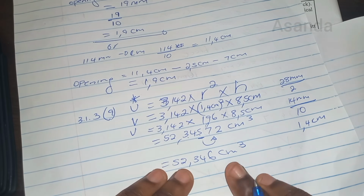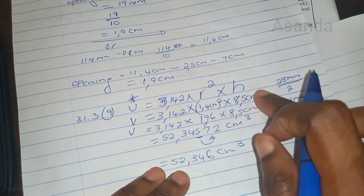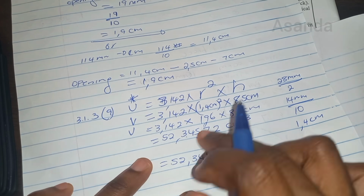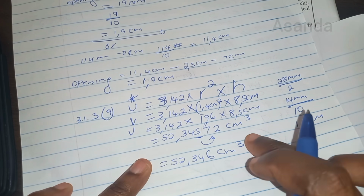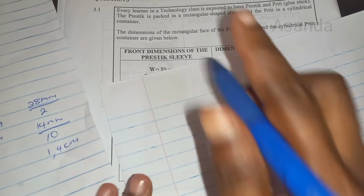So the answer here comes out in centimeter cubed because we used centimeters here. What happens if we use millimeters here and we get millimeter cubed? So I'm going to teach you how to convert the cubic, right? Because sometimes they're going to give you a question like this and say change it to millimeter cubed, and then how are you going to do it? So okay, what we're going to do here is we're going to say